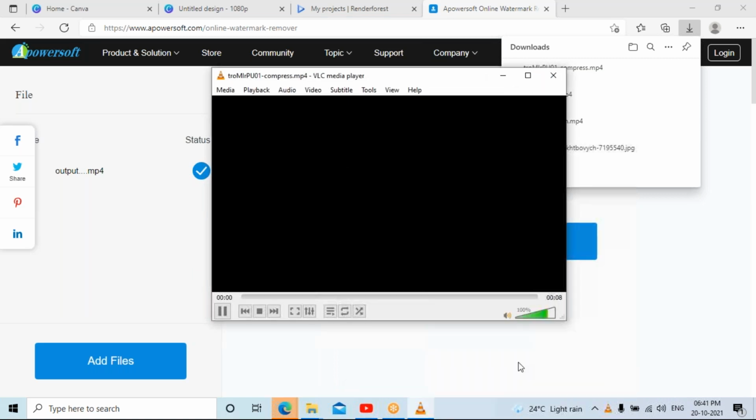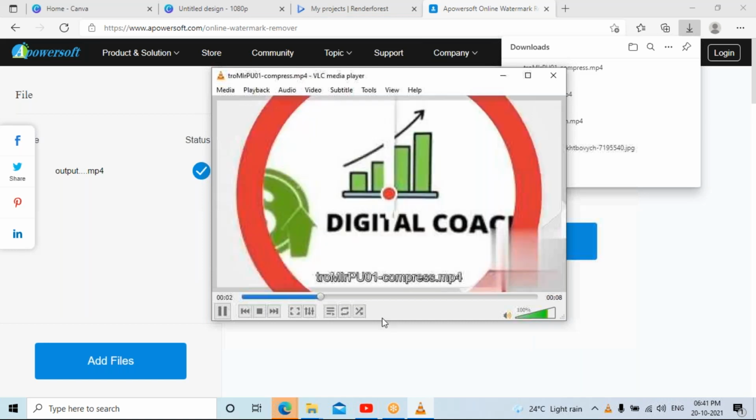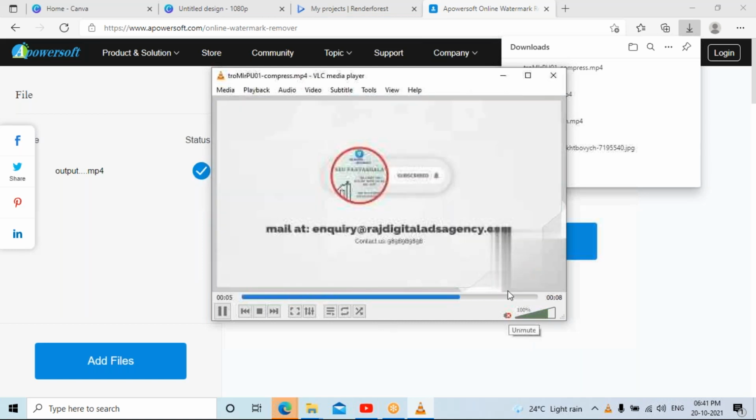So you can see that in that particular space, the watermark is removed.